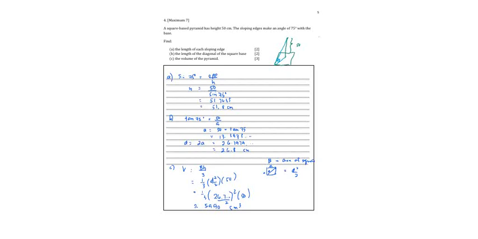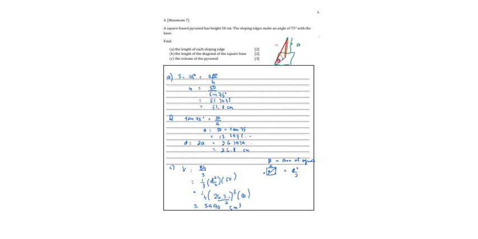So this is a square pyramid, and then we'll find the sloping edge. So this one is the sloping edge, the one that it creates with the height, which is 50. And from here, we have a degree theta, which is 75 degrees. Find the length of the sloping edge.